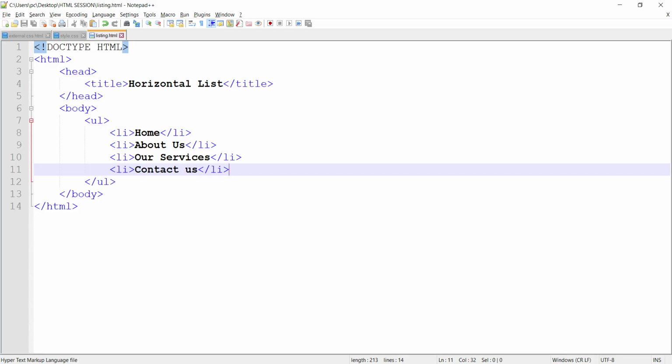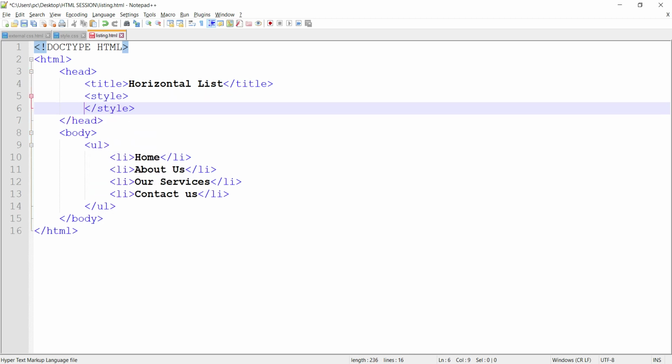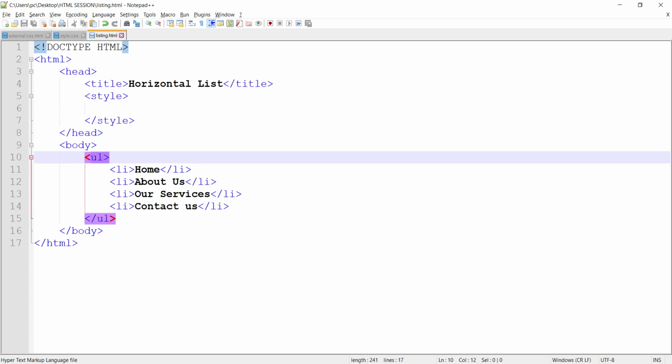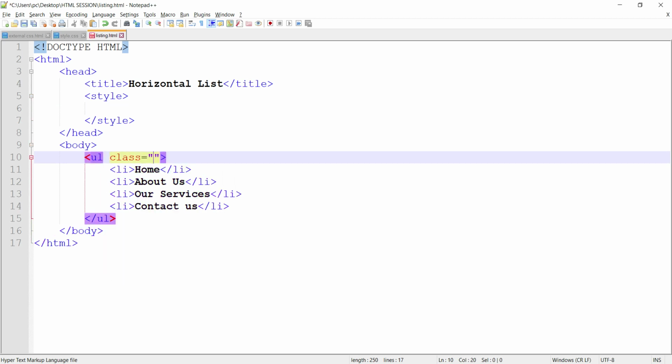So what we have to do, we have to target this list through style, through CSS. I'm writing internal CSS here so that I can show you in the same page. Let me give a class here so that we can use it in the style.